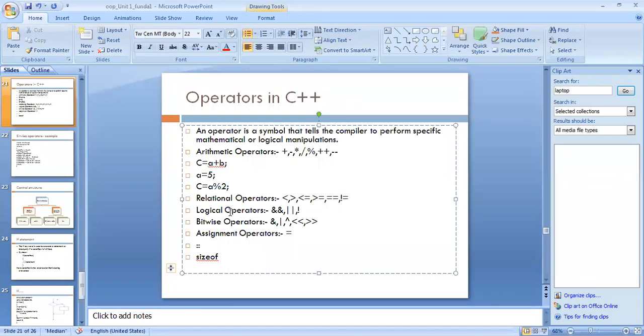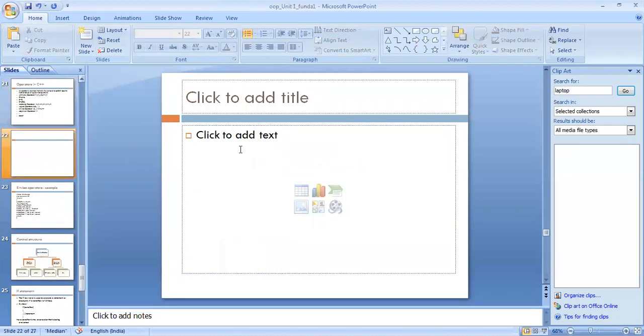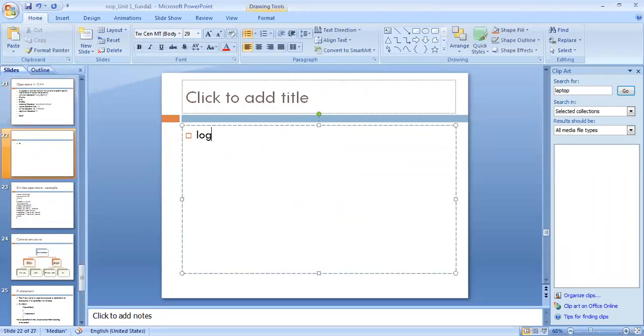If we consider logical AND, we represent it by using double ampersand. Consider condition 1 or expression 1, expression 2, and this is the result, c1 and c2.